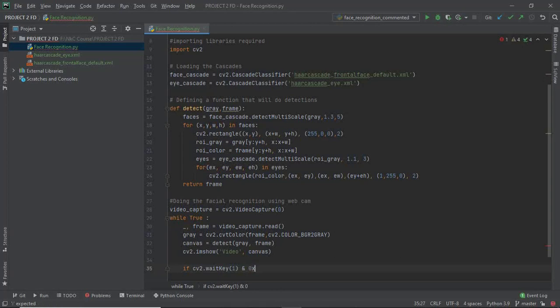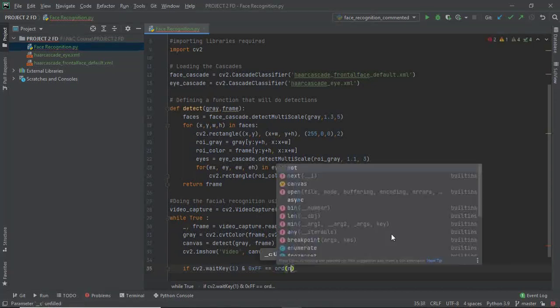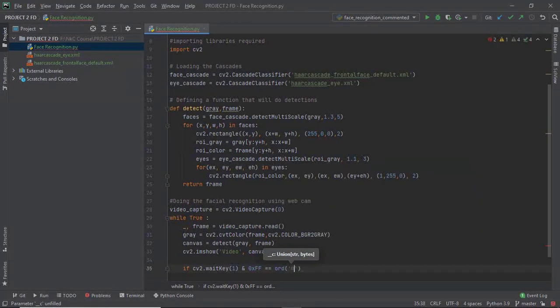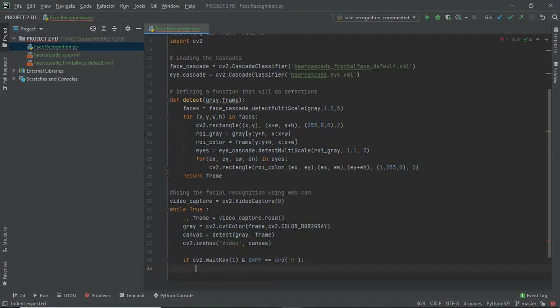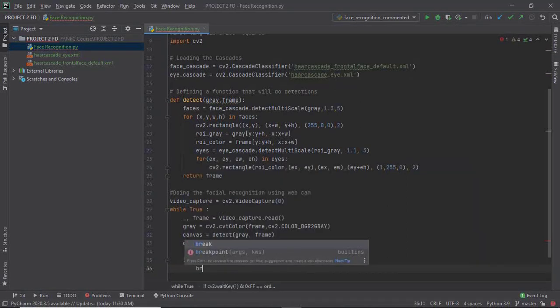And here 0xFF equal to ord('q'). We can change the letter to exit. We can get any of the keys, and we are going to break the loop here.